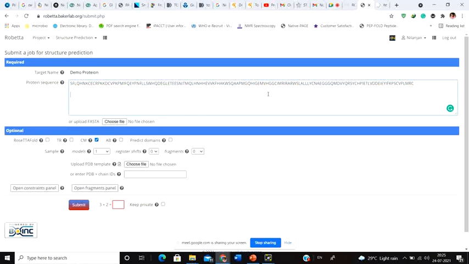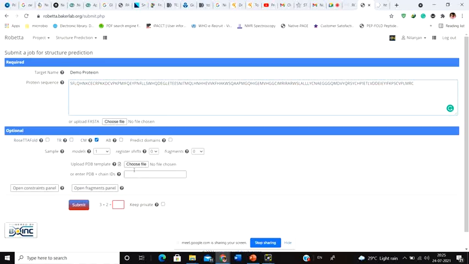After homology modeling, if there is a segment where they can't find any homology, then whether you select comparative modeling or anything else, they are going to use the ab initio method. So whether you select ab initio or not, if they fail to find homology, they automatically use the ab initio method to solve your protein structure.